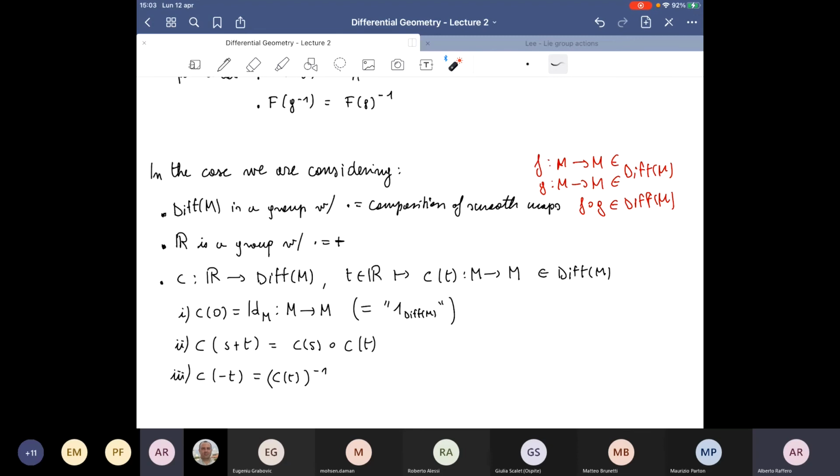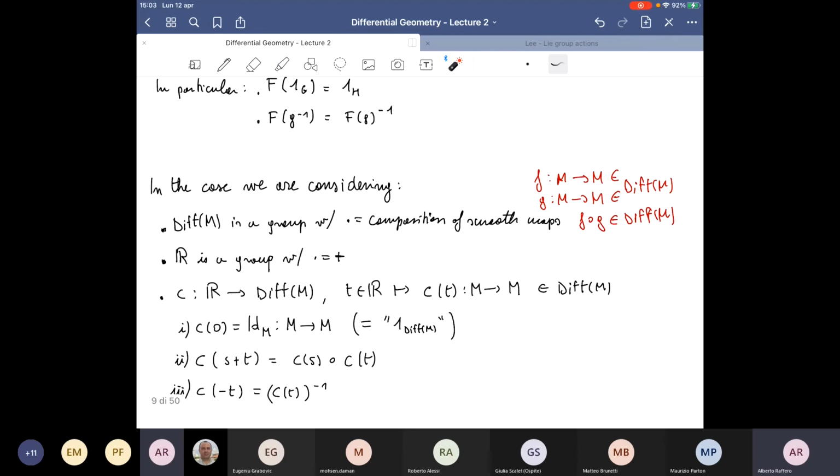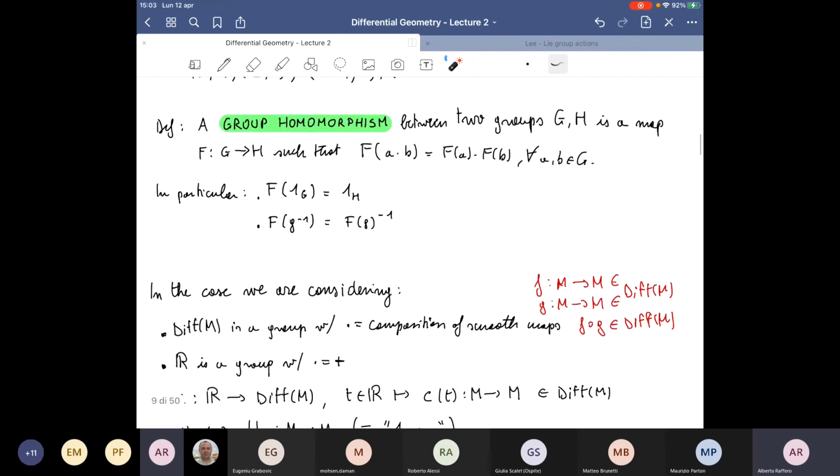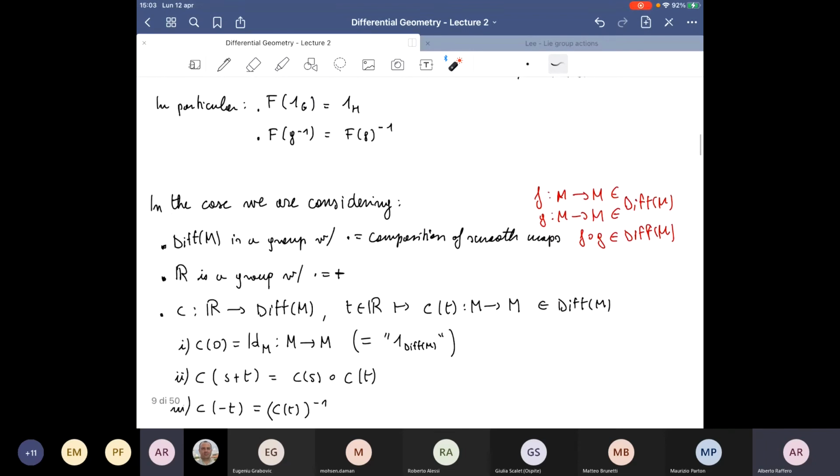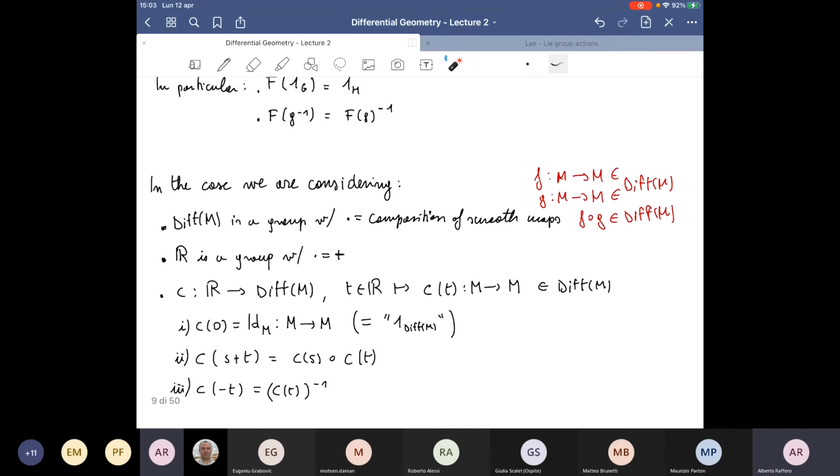And this is the general definition, which, as you can see, is a special case of a more general one that you can define between two groups. But as I said, of course, we are not always so lucky. So it may happen that when you consider a vector field, the corresponding integral curve, and so the flow that eventually you will define from that, will not be defined for all real times.